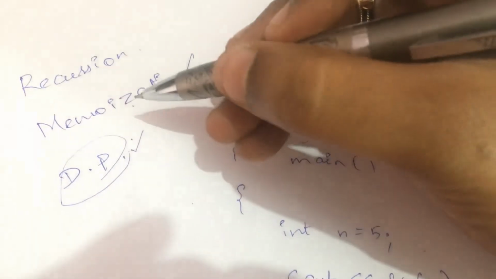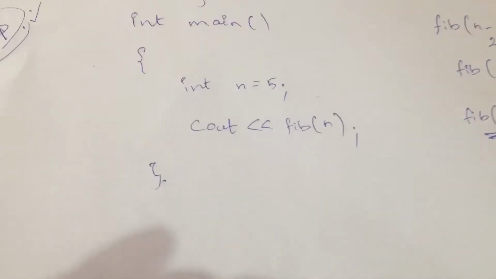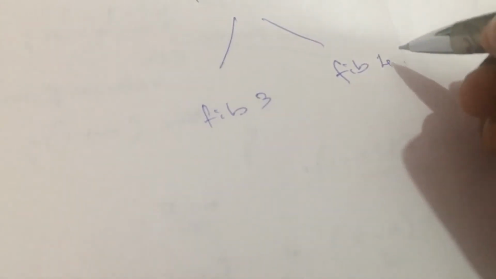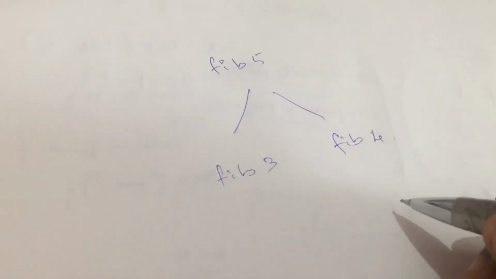And what is exactly memoization? So memoization is nothing but, if you just see this one, right? So for example, let me just show you one good one here. Like assume that I have fib of 5, right? So if I just want to find the fib of 5 value, then what am I supposed to do? So what I'll be doing is I need the value of fib of 3 plus fib of 4, right? So I need fib of 3 and fib of 4 to find fib of 5 value.